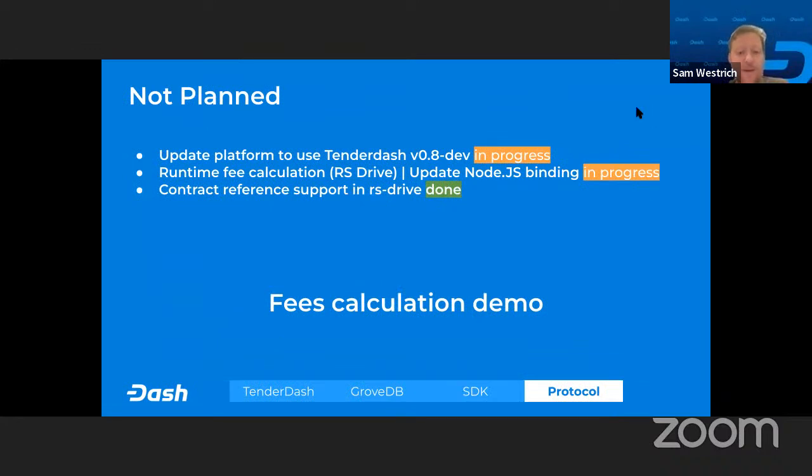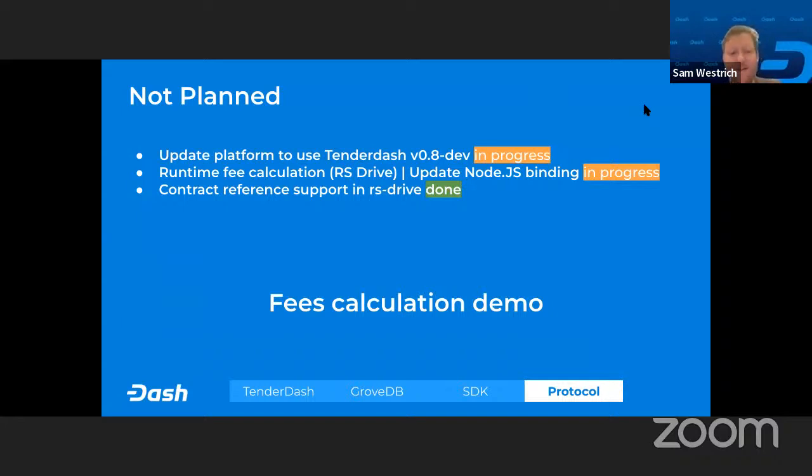Yeah, so there is one other thing. I think the second thing we'd already talked about, the runtime fee calculation. Instead, what should actually be written here is the deterministic worst case scenario fees. And that's actually done. And the updated node.js binding, all of this stuff was done. Second line, ignore that, community. It was all done.